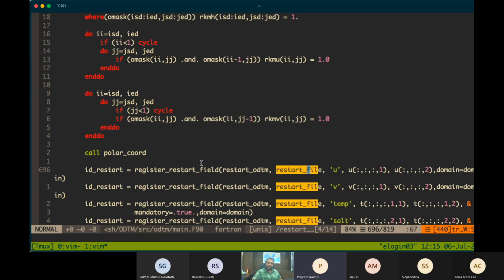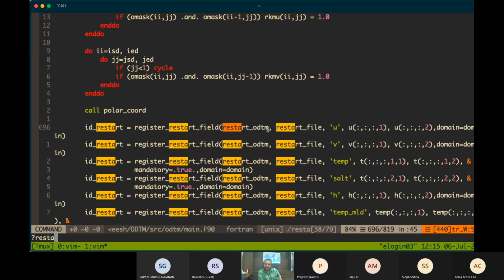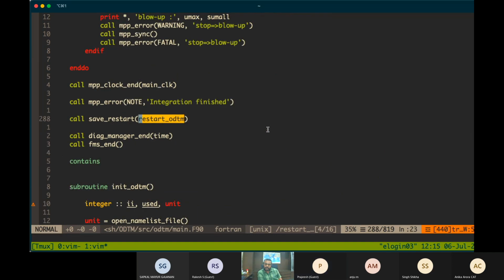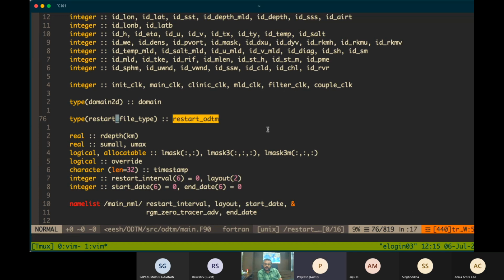And once you register this, then you have to use this restart ODTM, which is a type, restart file type.